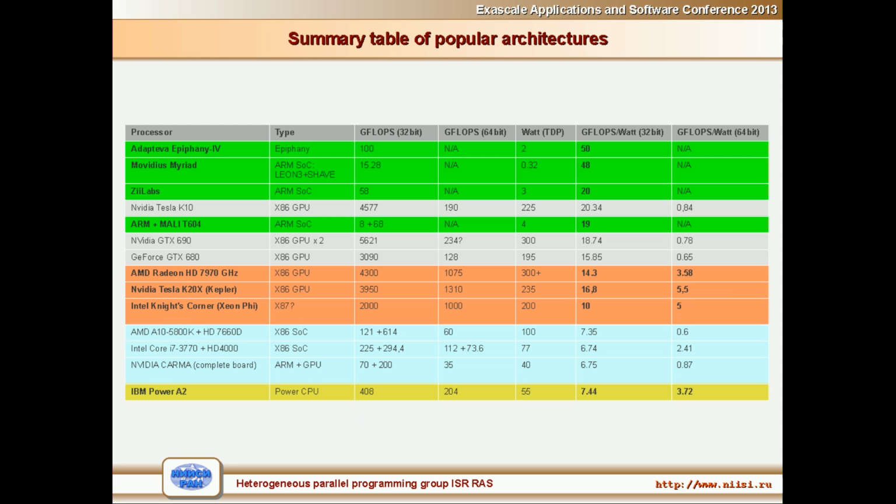On this summary table, we can see the most popular modern architectures compared by the most important parameters: energy efficiency in gigaflops per watt for single and double precision. The orange ones are the most common supercomputer architectures, while the green ones are cheap, $10 or $20 per chip, and several times more effective system-on-a-chip architectures. So, if someone manages to add double precision floating point to such chips, we can get a new revolution in